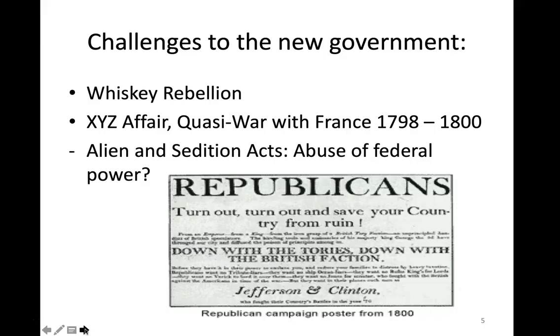Okay, and here's the thing that we have to really recognize. Number one, this war was undeclared. And according to the Constitution, Congress must declare war. It's one of the enumerated powers, but that was shunted aside. But perhaps more controversial is the passage of something called the Alien and Sedition Acts.